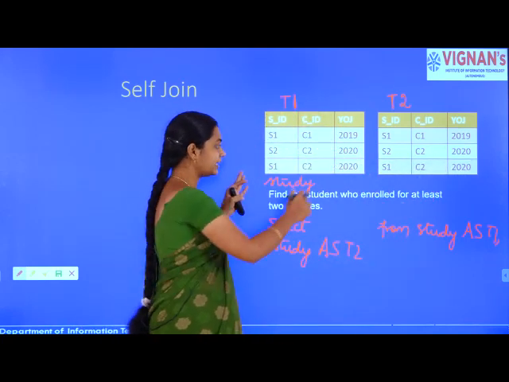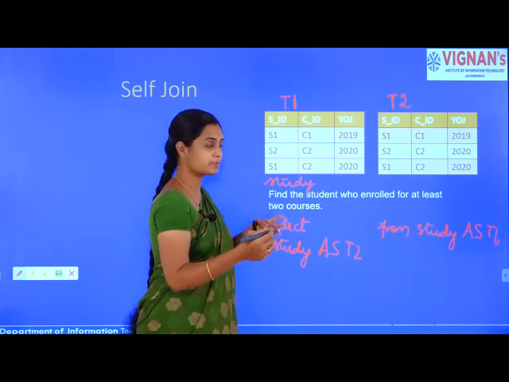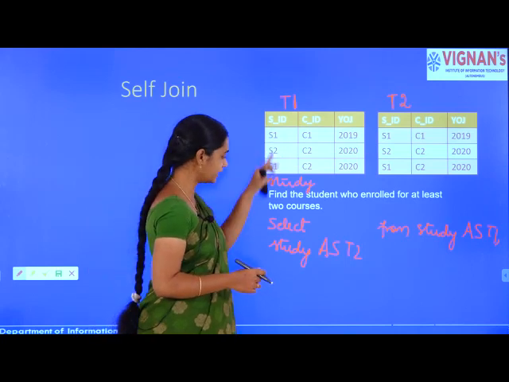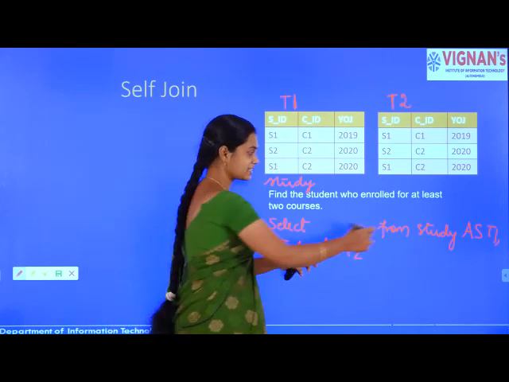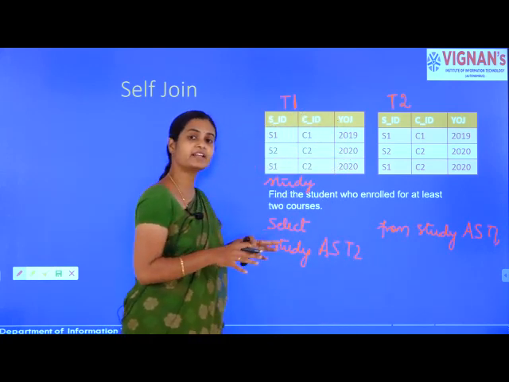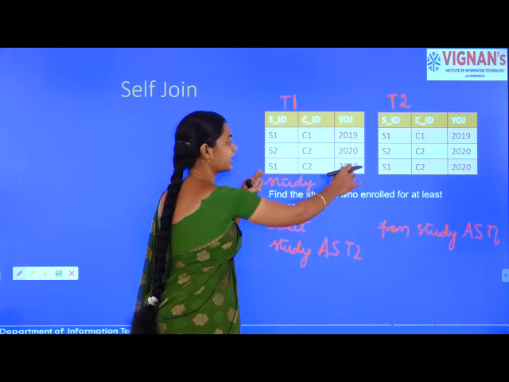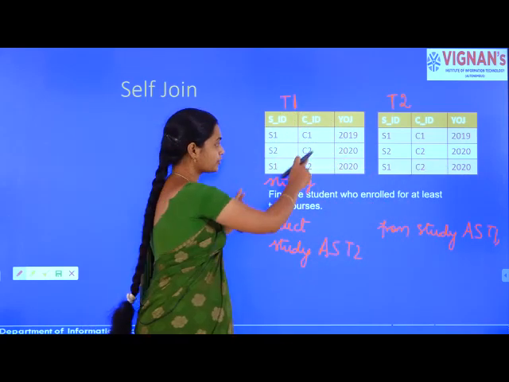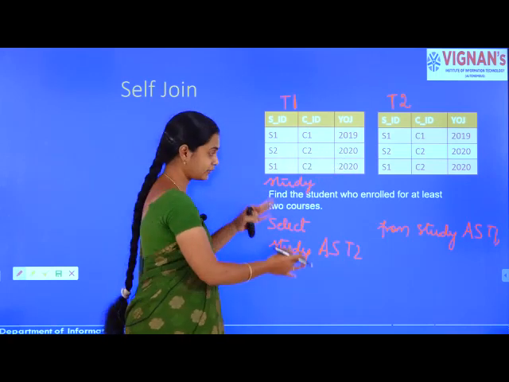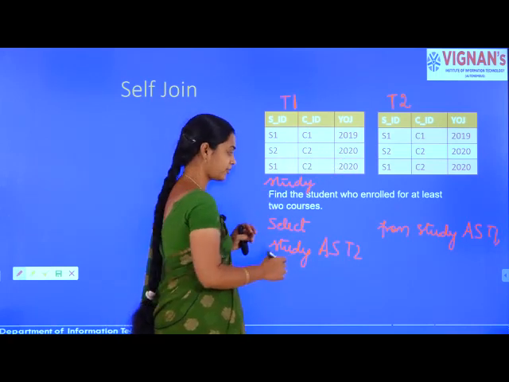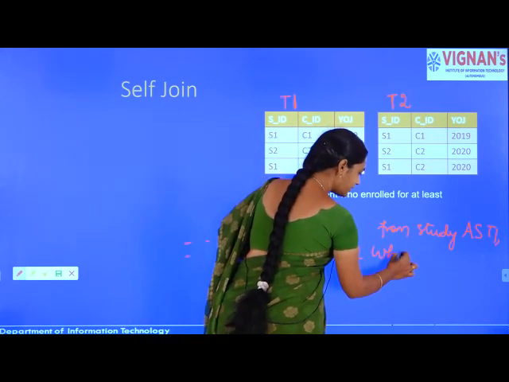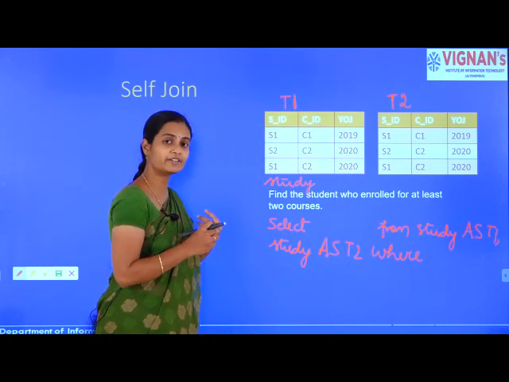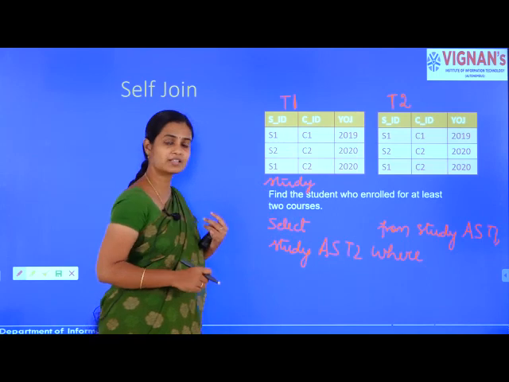Right? So now it will be easy to find the cross product between the two tables. Because we have written as T1 and T2, the compiler will understand that T1 I need to get from the study table, and again T2 I need to get from the study table. So these two tables will be cross joined. You also need to write the where condition. So how do you write the where condition? What is the query here?